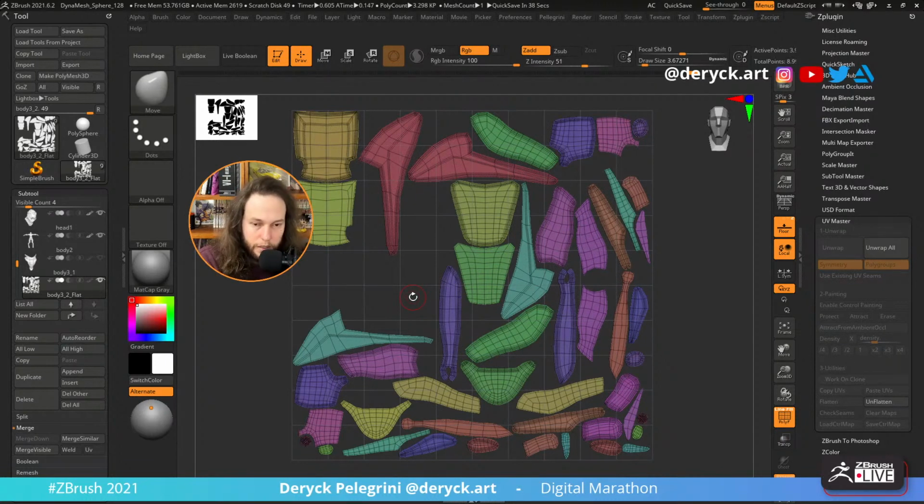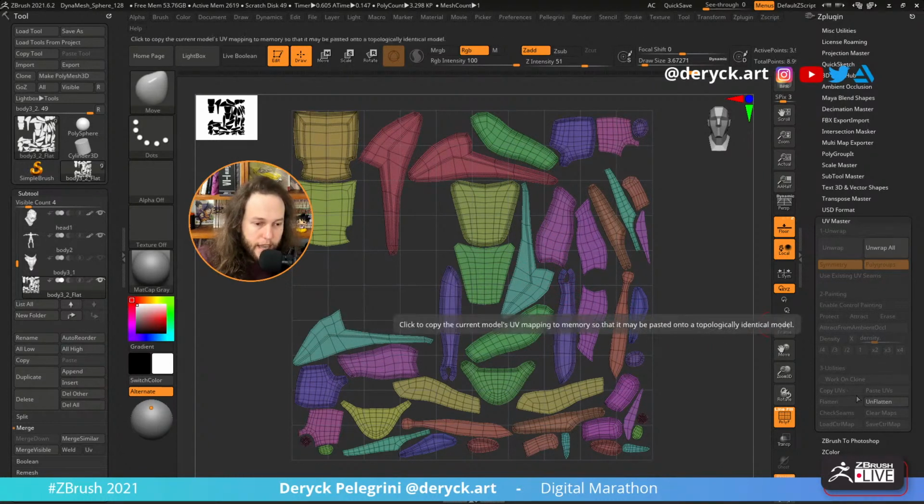You can also do this here, but usually what I do is, once I have these UVs just like that and the way that I want them, I go to Maya and I rearrange my UVs and prepare the materials and everything to prepare my model for Substance Painter. So that way I can do textures and paint my model or whatever. But a good thing about having the UVs right here inside of ZBrush is that